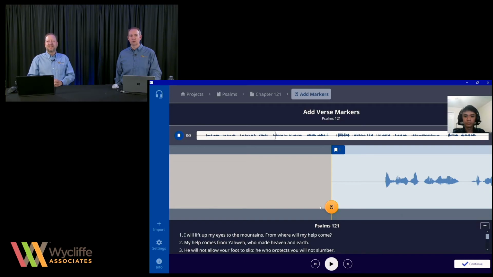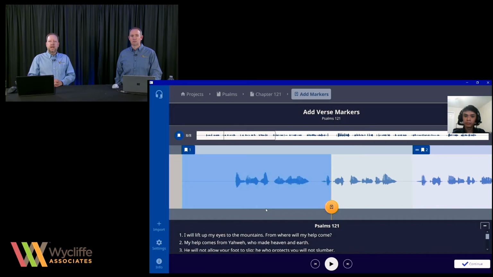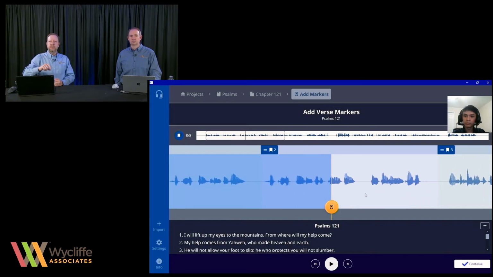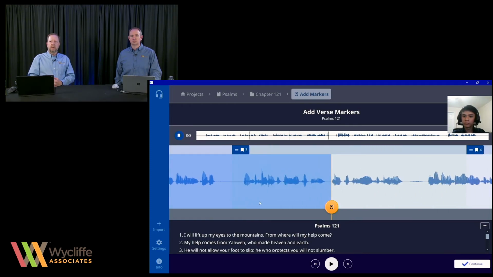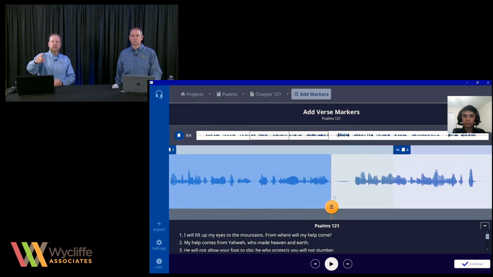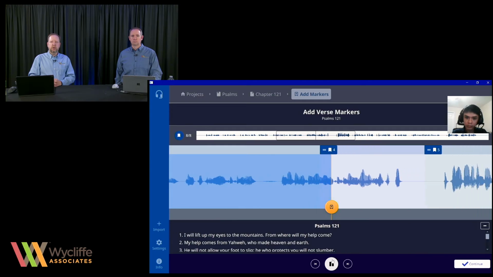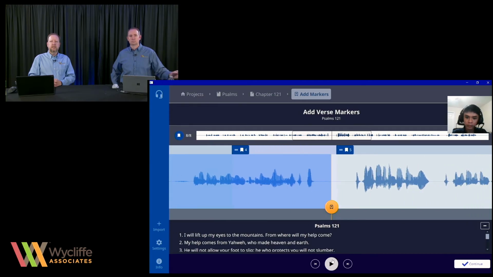Let's see. Now he's going to review his verse markers. Yep. And what he's able to do is you can kind of scrub along. You can grab that middle there. You can even use the little chapter buttons down there that'll jump from next verse to the next one. Okay, so he sees where the marker probably needs to go. He could play that to make sure. Was that the right area? Yep, that's where it needed to go. He misplaced it. So he can just simply grab the marker and drop it there. And now the division should be correct.